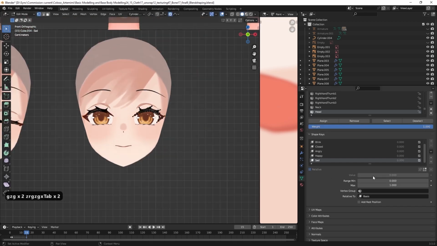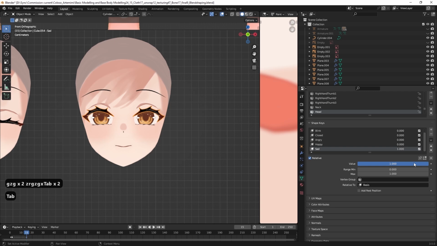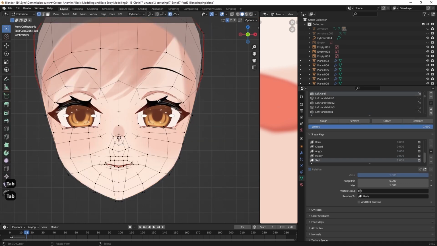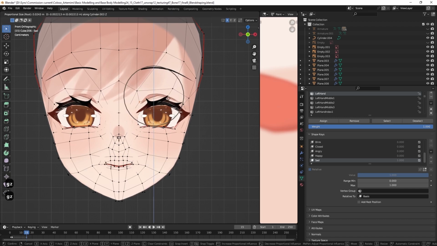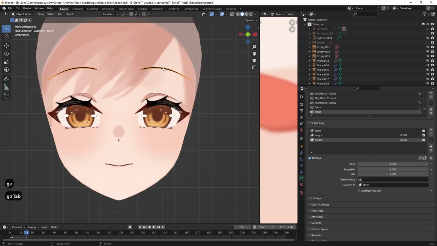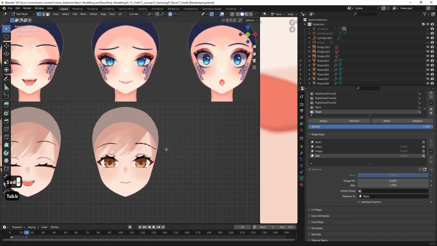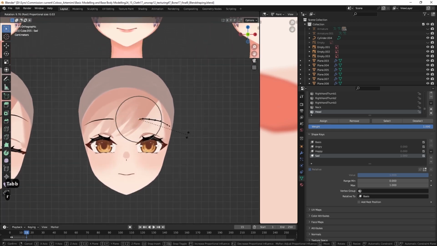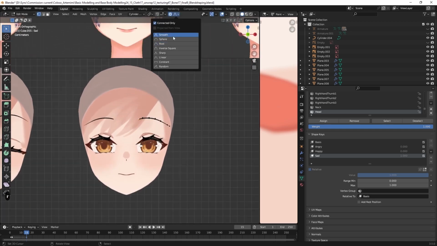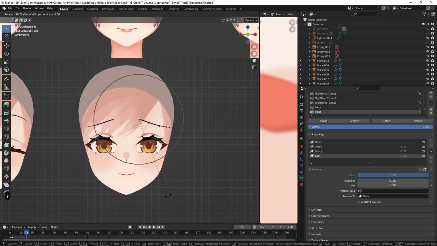Okay, cool. And this will be the sad expression. And then we're gonna move this down. All right, here as well. And then we're gonna have the eyebrow here to have a sad one. All right, so how to do that? We're gonna rotate it, smooth and rotate it like this.